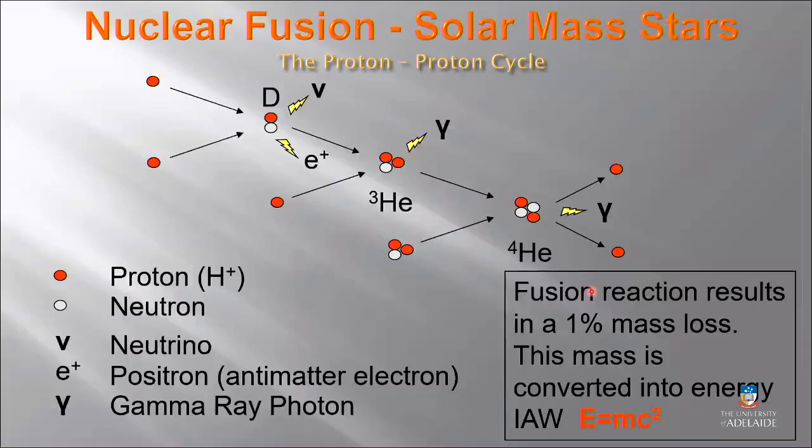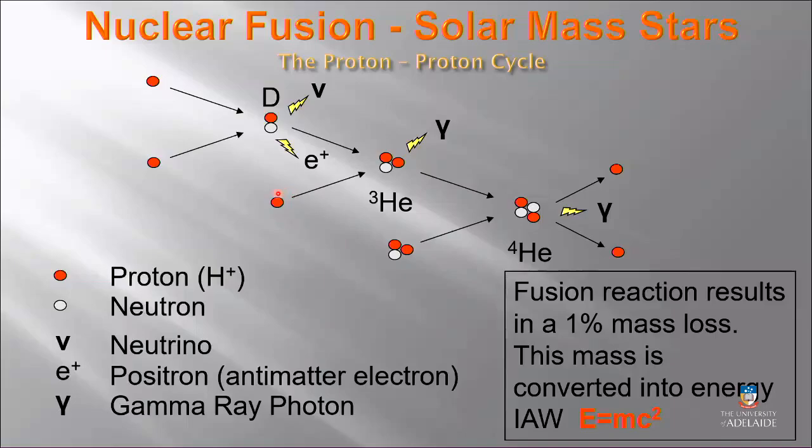Okay, so I'll just have a little bit of a run through on basic nuclear fusion, so you can appreciate how a star like the Sun produces all that energy. A solar mass star produces its energy through what's known as the proton-proton cycle. Heavier, more massive stars do it in a different way, which I'll go through in a moment. Basically, the way it works is in the core of a star like the Sun, at a temperature of about 15 million degrees,